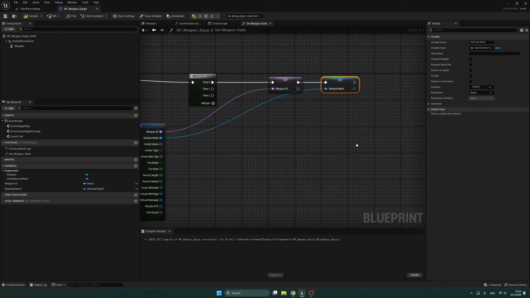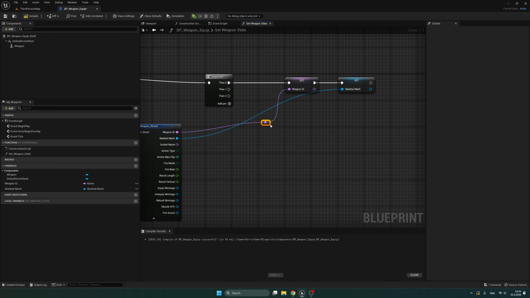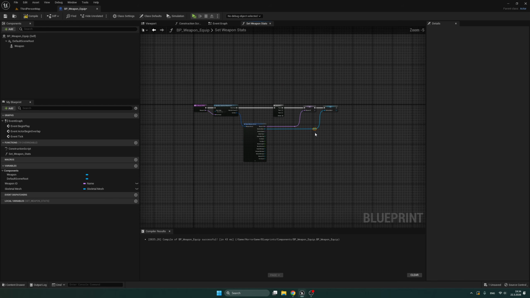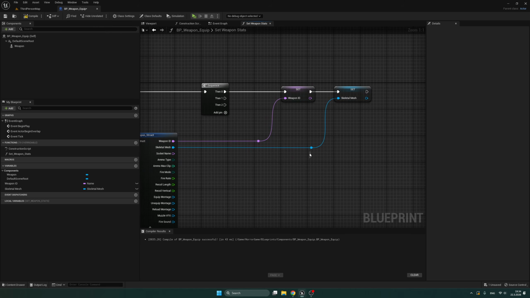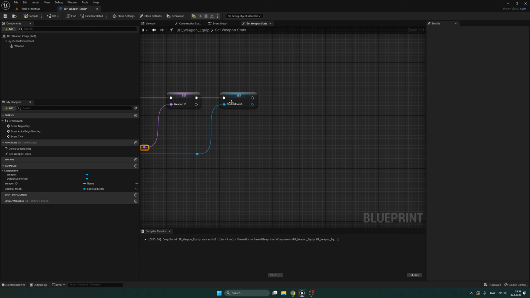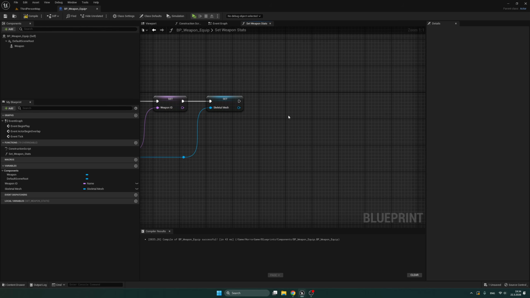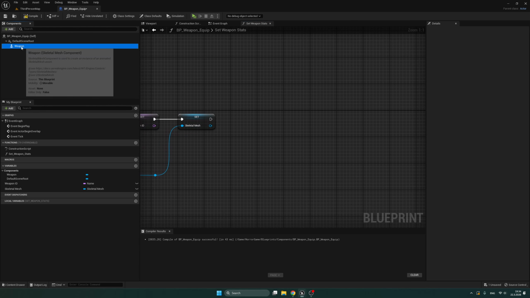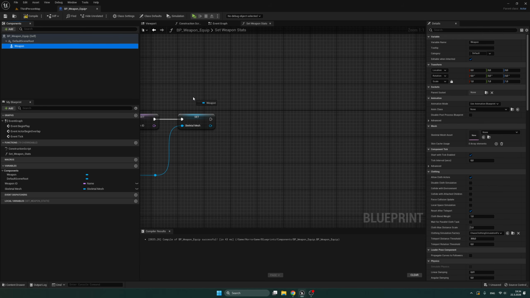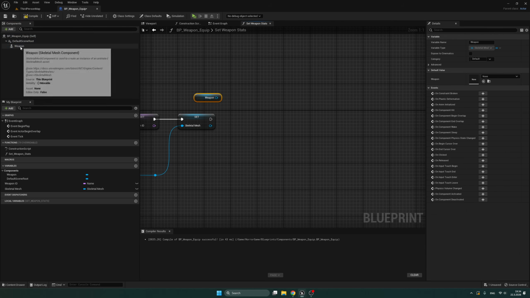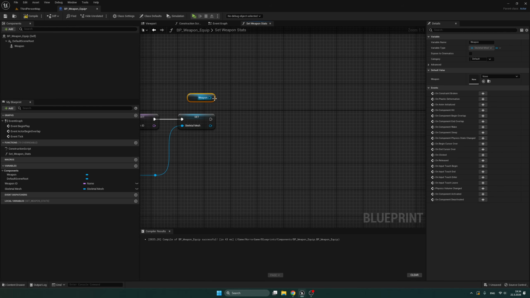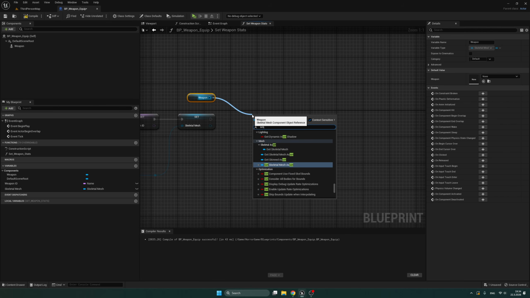And after these two, let's actually add some reroutes here. Maybe like here, I like these to match. Matched with these pins, and these will be around the same. Okay, weapon ID, skeletal mesh, and the next thing, we want to get our weapon skeletal mesh reference, or the component here, and then we want to set